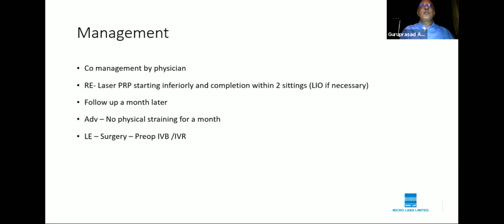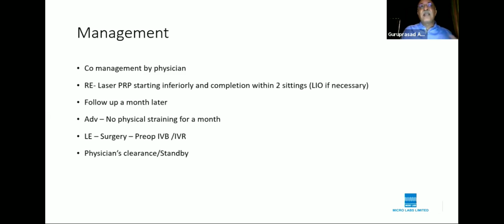And before surgery, we will give a pre-operative intravitreal bevacizumab or ranibizumab. So that is to cause regression of the neovascularization that the patient has, which the laser cannot regress so soon. Therefore, you give an intravitreal Avastin or Lucentis or Accentrix, depending on the patient's economic condition, cause regression of the vessels so that the fibrous tissue gets consolidated, the fibrous tissue becomes less vascular, less florid in terms of the neovascularization component, and it becomes easier for you to operate without much bleeding.